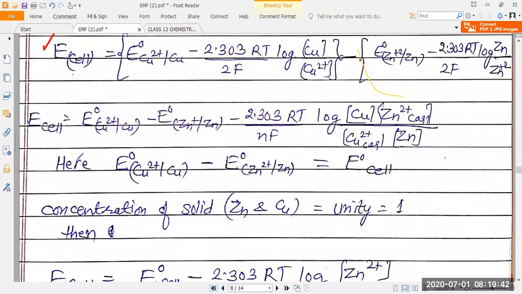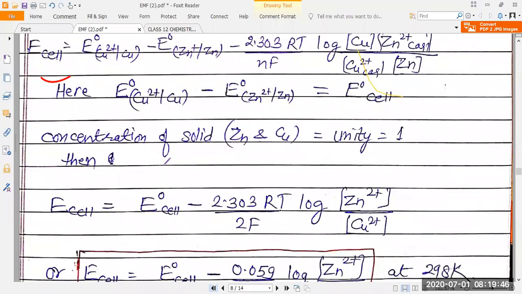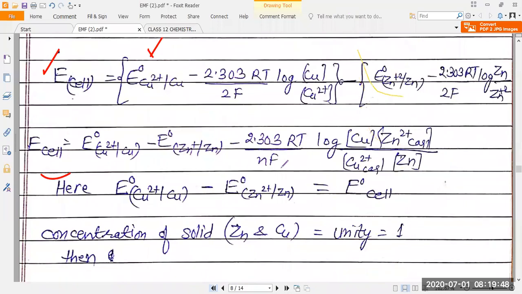Equation number 2 and 3. Now we get the concentration of solid. See, when we write both equations in this manner, then the cell potential will be denoted like this: E naught copper plus 2, then copper, minus E naught zinc plus 2, zinc plus 2, zinc,